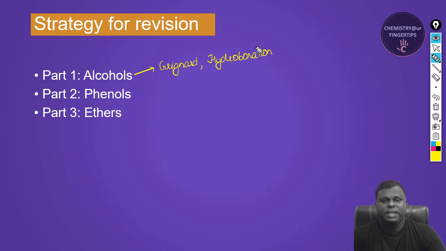Now if you have attended my lectures or already have access to my videos, you might know about the shortcuts for Grignard reagent and even for hydroboration. You can watch those on my channel, or if you are interested you can write an email and I'll give you the video access. Then comes the oxidation and dehydration reactions of alcohols, and a few name reactions. If you want you can do it, right?